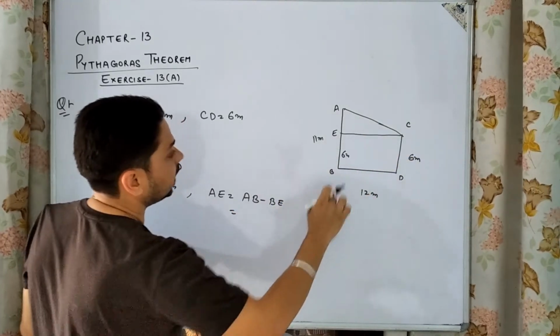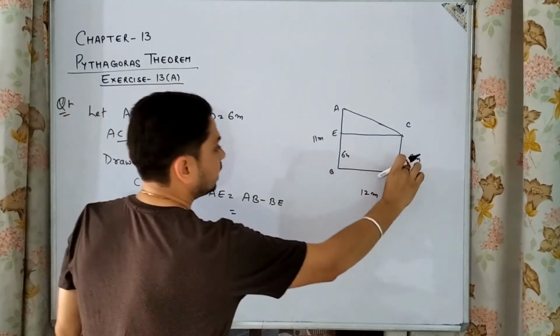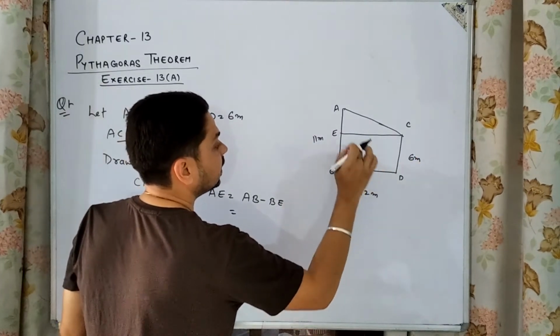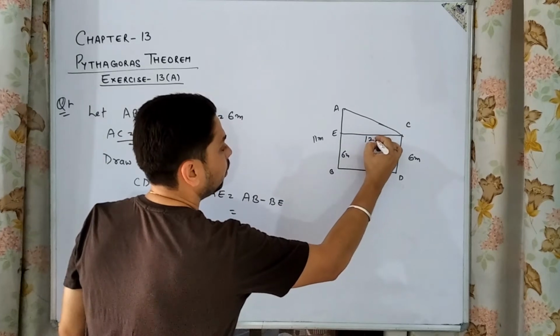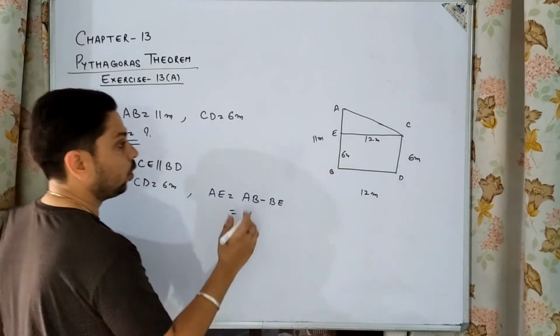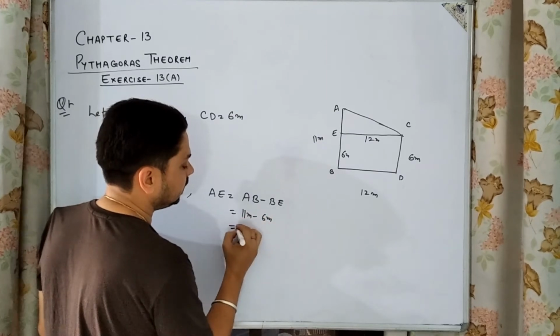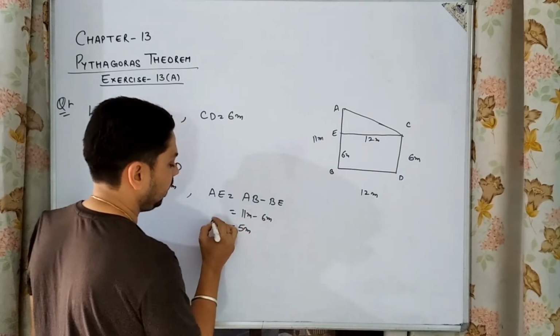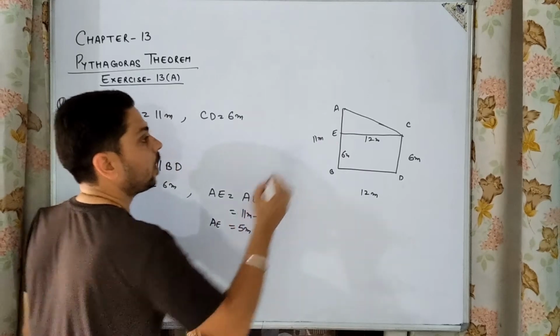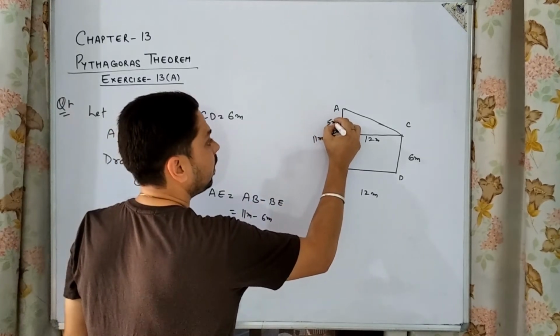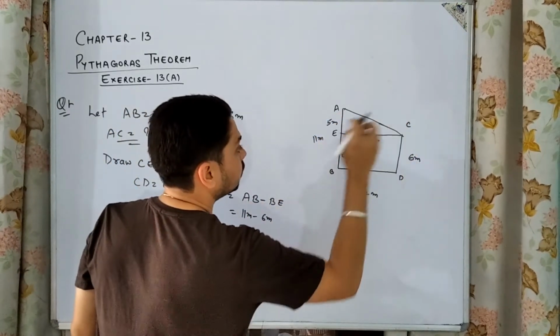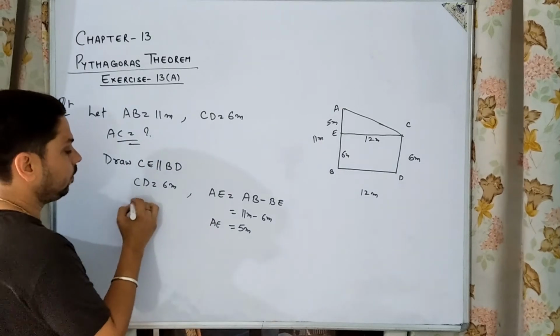Since these are the sides of a rectangle, if this is 6, this will also be 6. If this is 12, this will also become your 12. So we have 11 meter minus 6 meter, which is equal to 5 meter here. AE is equal to 5 meter. This side is your 5 meter. Also CE is equal to 12